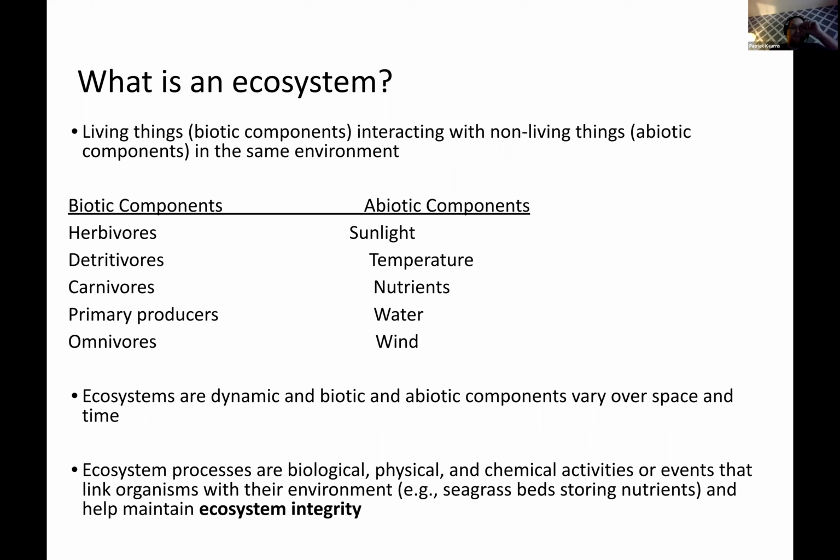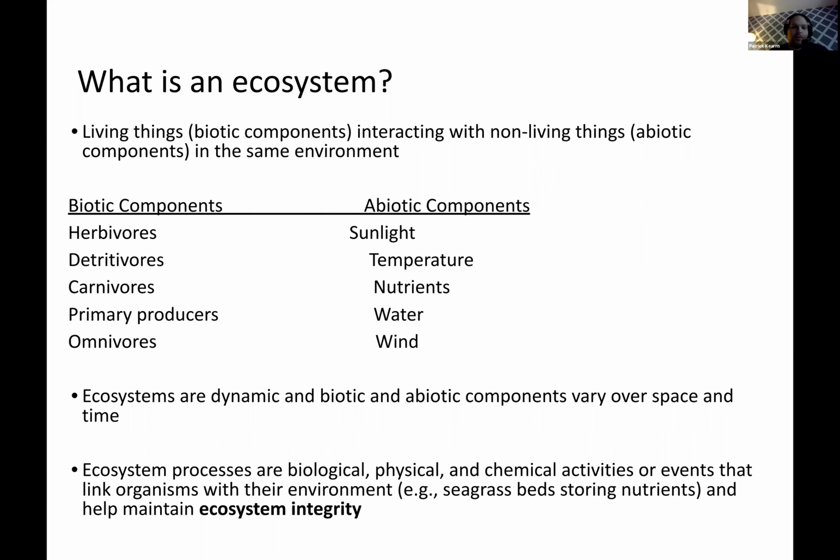That's the biotic part. Our abiotic components are things that you might not really consider to be part of nature, they just sort of are the environment, right? So sunlight, temperature, water, nutrients, wind, pH, anything you can really think of that's not living, that's part of an ecosystem. It could be even physical structures like a mountain. Those are all abiotic. And ecosystems are dynamic. They change through space, they change through time, and the ecosystem is in constant interaction between both the biotic components as well as the abiotic components.